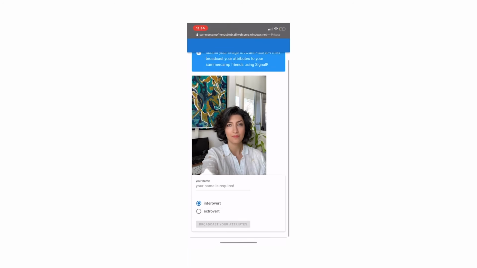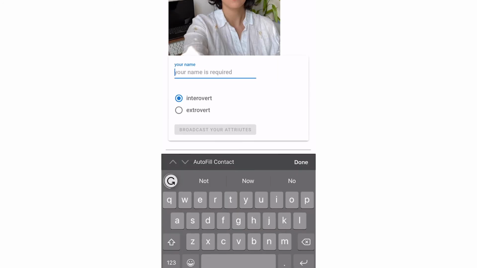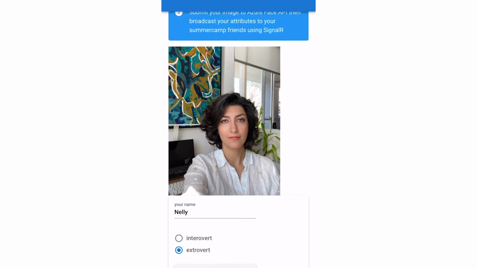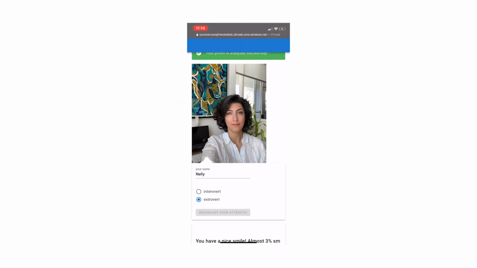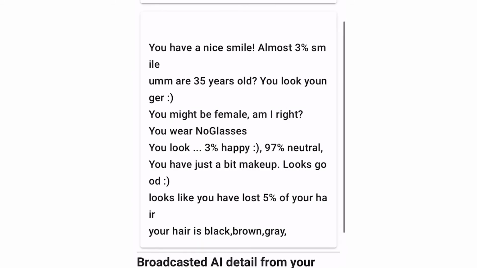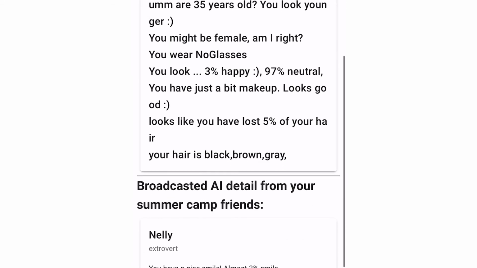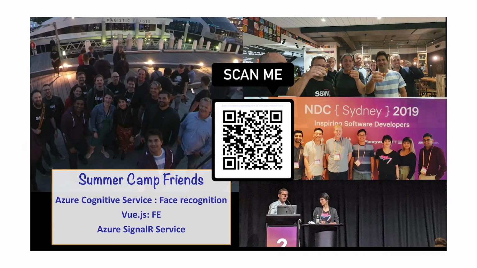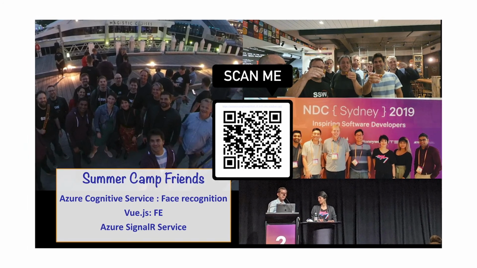You need to put your name and broadcast the attributes to all connected people in the conference, so they can see your details and they can find you based on your physical characteristics. Feel free to get hands-on and try the demo. Also, for your privacy, the images will be torn down every night through a